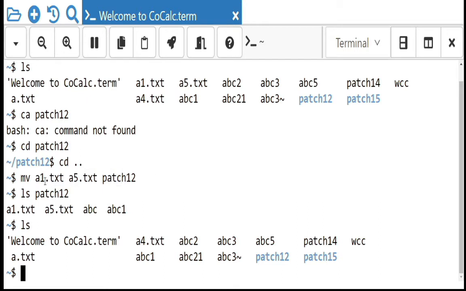So a1.txt and a5.txt were present in the home directory. Now you have moved them to the patch12 folder, so in the home directory you cannot find a1.txt and a5.txt, but in patch12 those files are present.